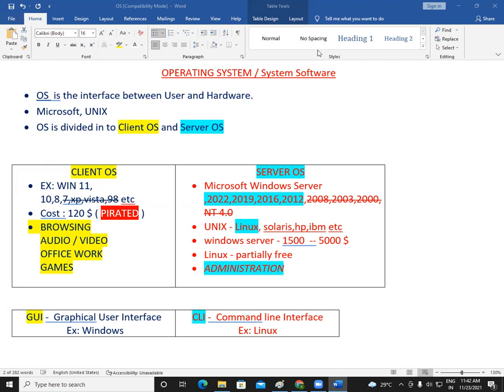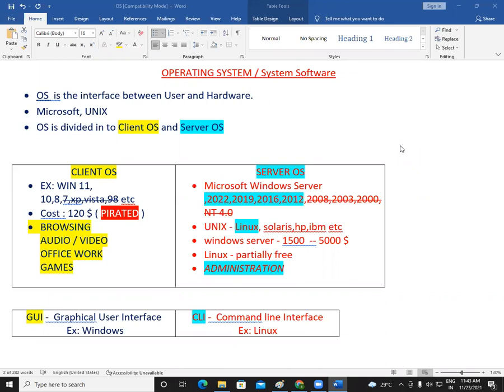Okay, fine. So now we know if we use a pirated operating system, Microsoft can come and seize your company. But what are the other disadvantages of using a pirated operating system? The other disadvantage is you will not get any updates. Updates are a very, very important part of any software. When you go with your mobile phone, every now and then you see a WhatsApp update, or an Android update, or maybe a Facebook update. The updates will come, right?